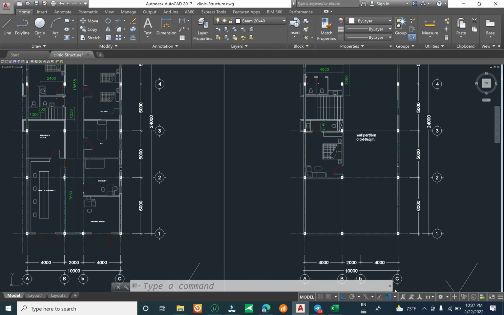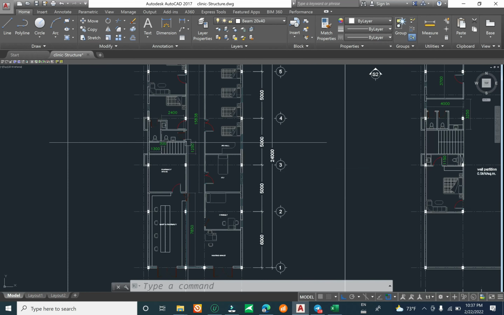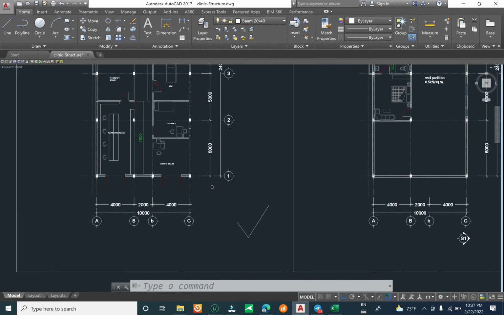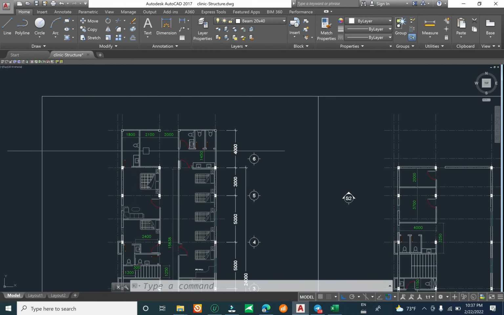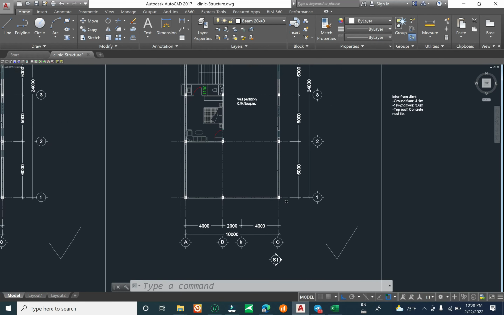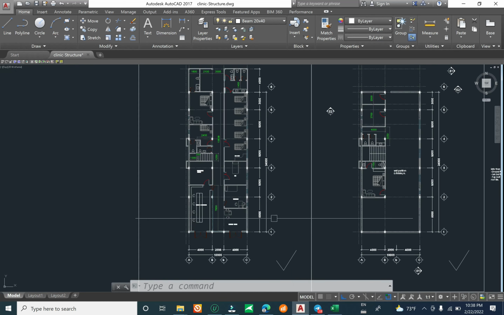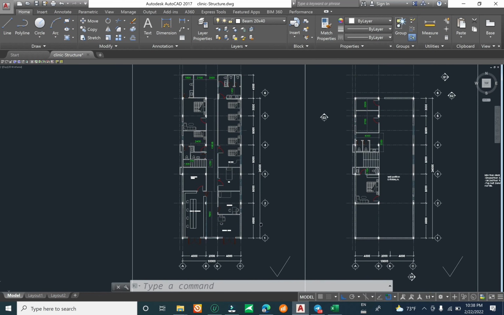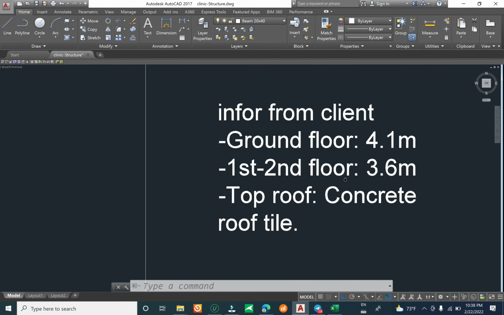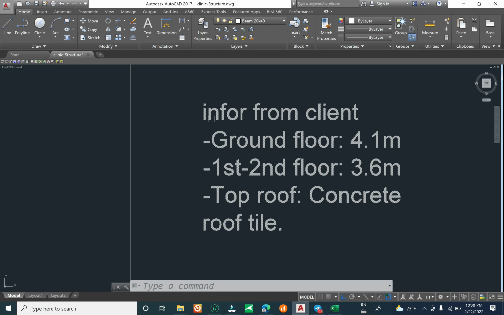To structure expert. Today we will start designing a clinic structure, from the structural concept plan from the architect to the finished structural design. Now you see here, it is a structural concept plan from the architect that we got from the client, and the information we got from the client is that we will build the ground floor, first floor, second floor, and the top